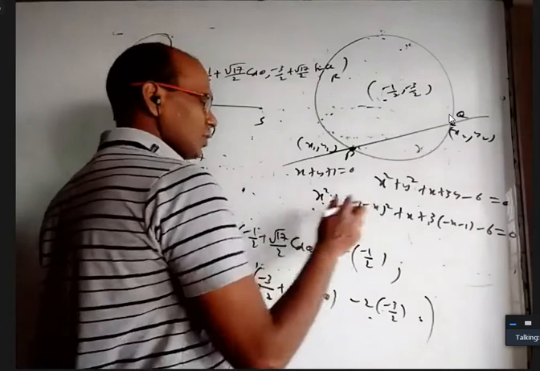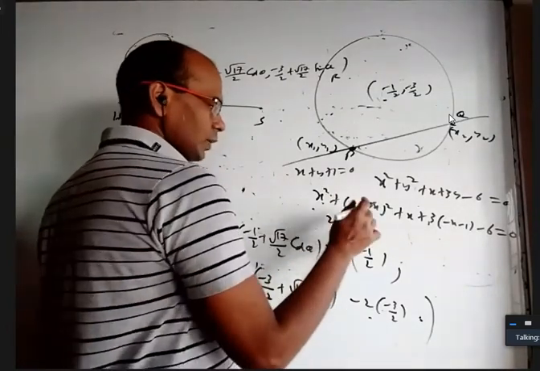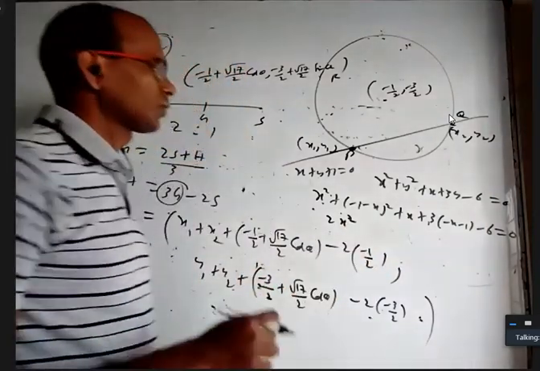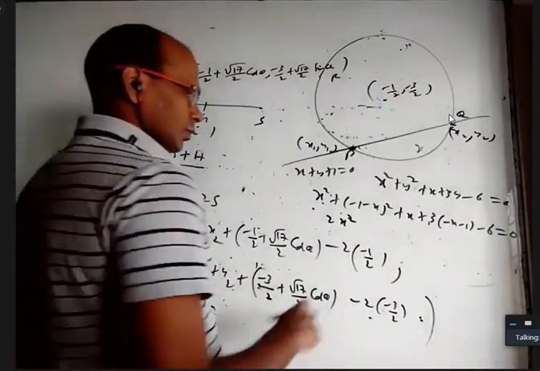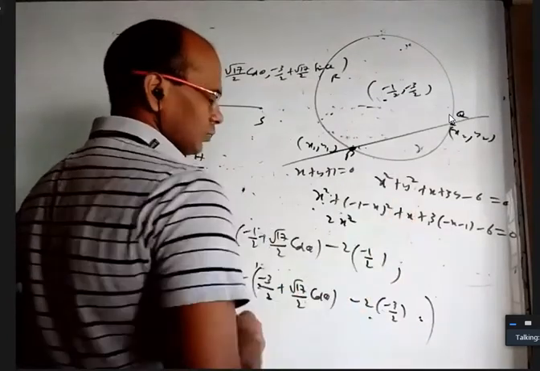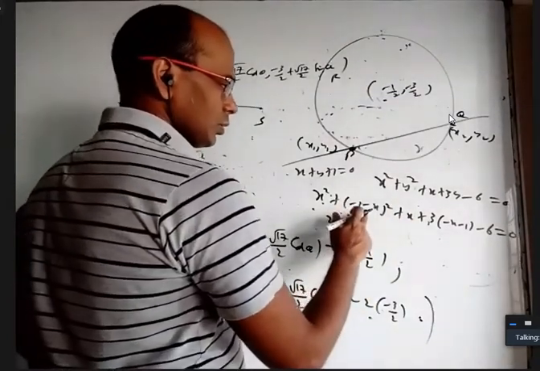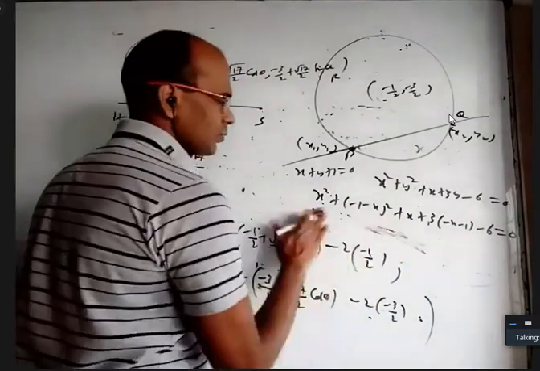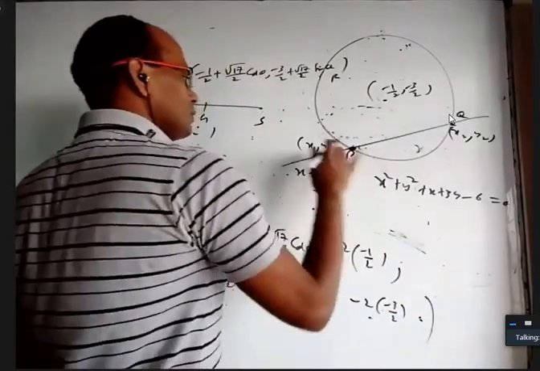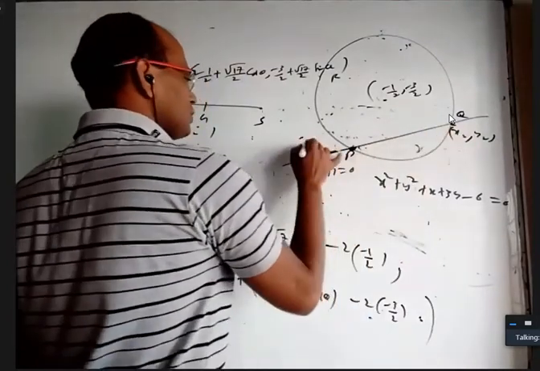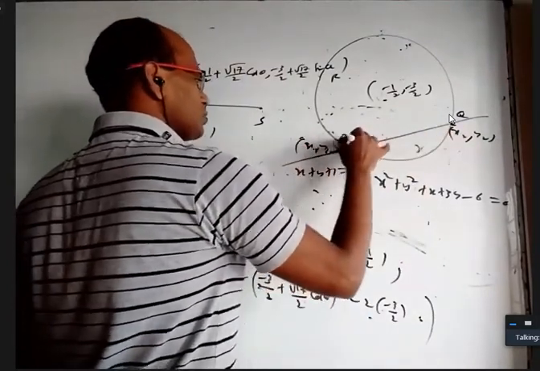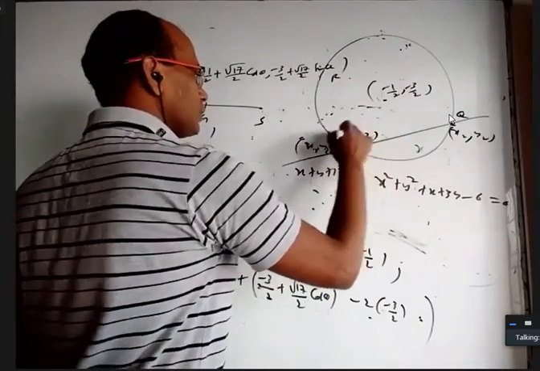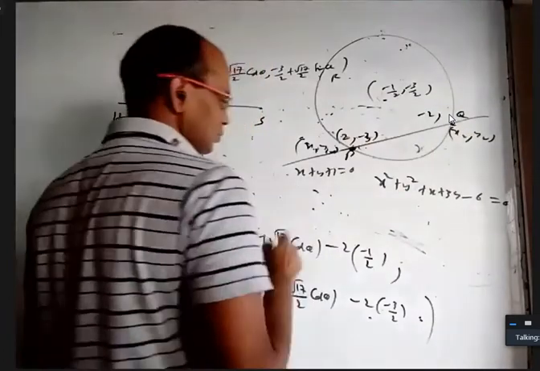Okay. x square plus x square is 2x square. Plus 2x minus 3x is minus x. So x got completely cancelled. What about the constant? 1 and minus 8. So x equal to plus or minus 2. So finding the points is easier, this x1 y1 x2 y2, instead of that. Okay. The x coordinate is 2 and the y coordinate is minus 3. And the x coordinate is minus 2, the y coordinate is 1.